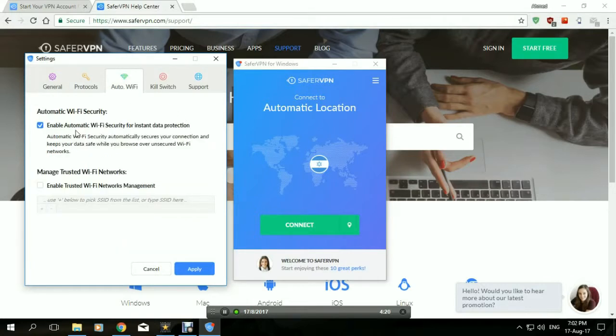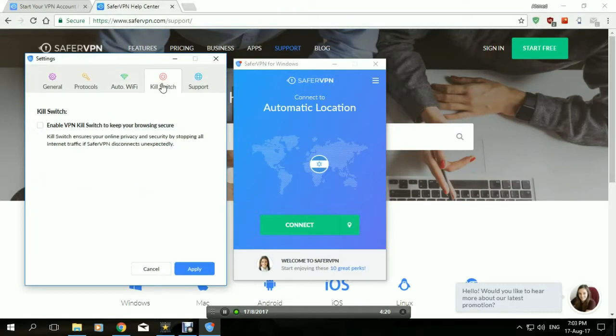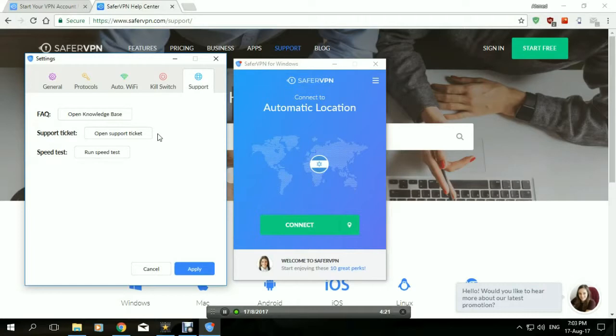Auto Wi-Fi enables the automatic Wi-Fi security. If you're connected to a public network, it's preferred that you have this enabled to protect you from any unwanted snoopers connected to that same network. And the kill switch, we've talked about that before. The internet kill switch is a feature that, if for any reason the VPN connection suddenly drops, will kill your internet connection completely to avoid any leak of information or personal data. And then the support section, you can open a support ticket or open the knowledge base, the FAQ section,